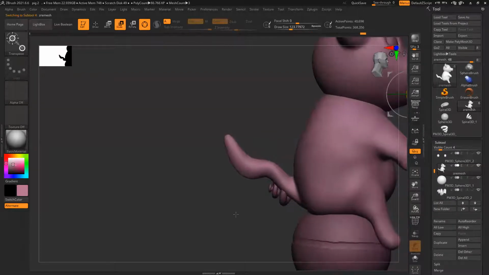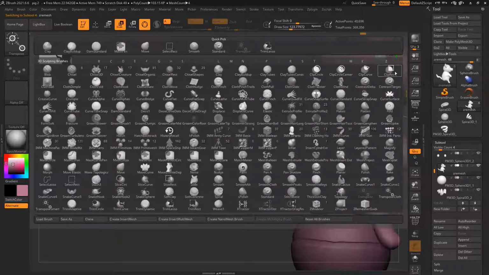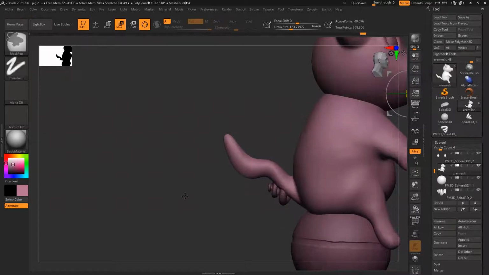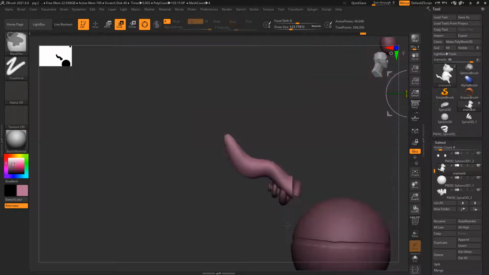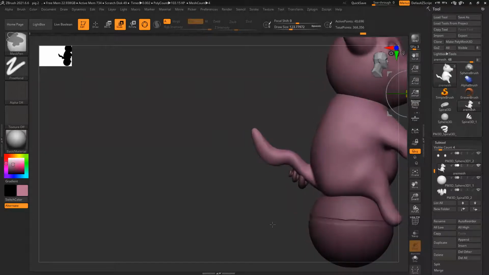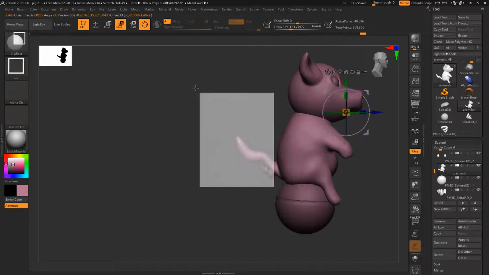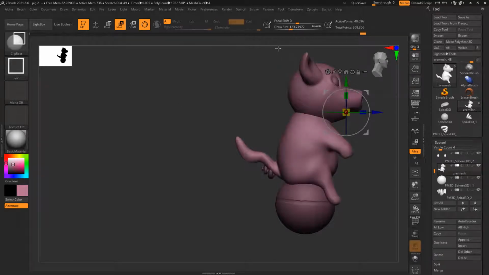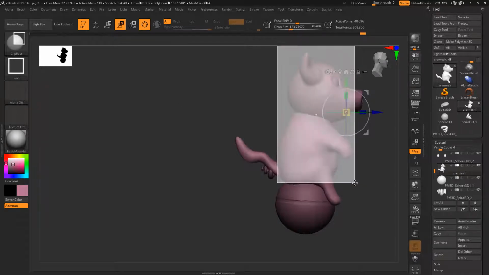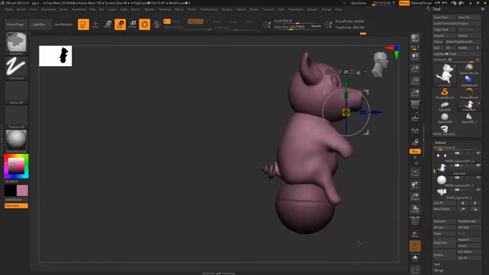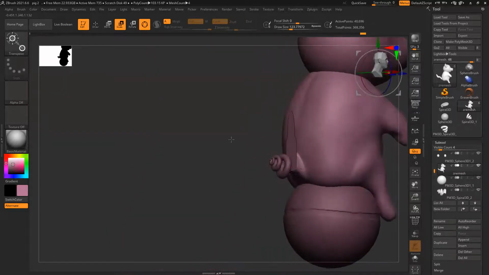And this tail I need to remove now. So I can use a clip tool, Control Shift, and okay. Got it. It's gone.